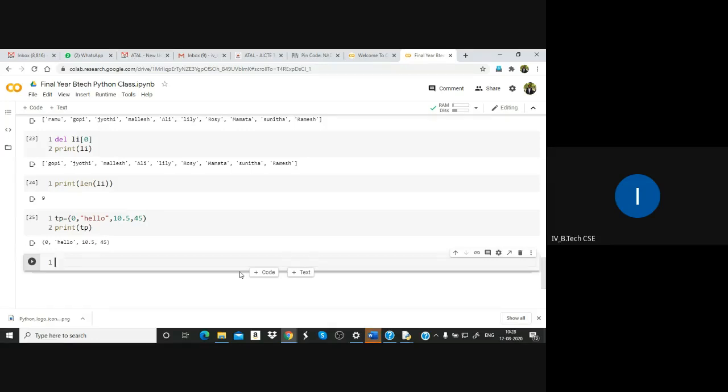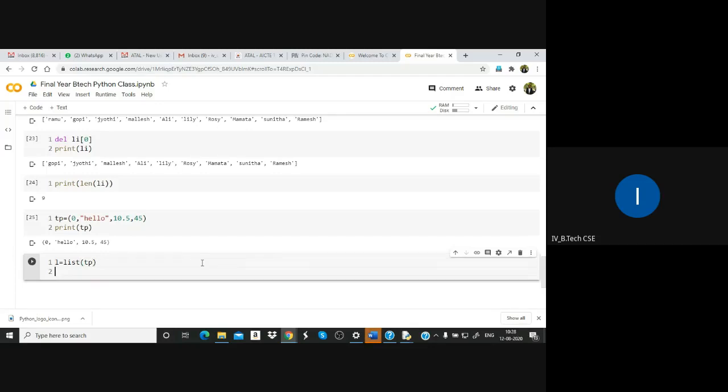The tuple we created, we can convert using the list function. L is equal to list, and in the brackets you can give the tuple TP. So using the tuple values you can create a list and print it.